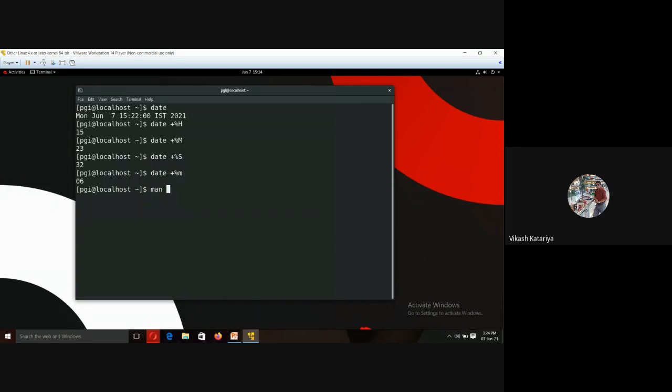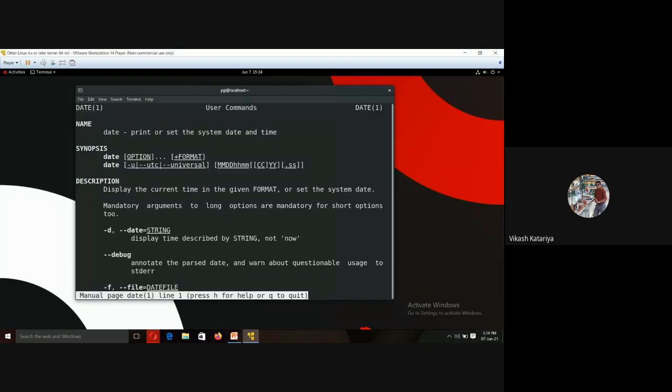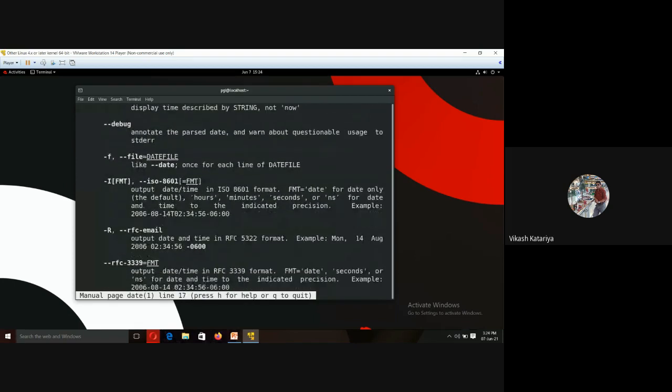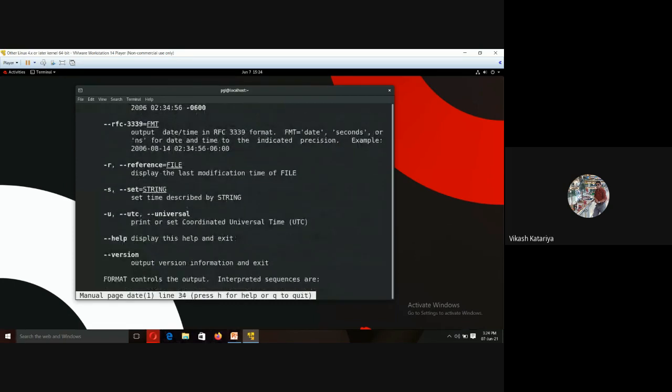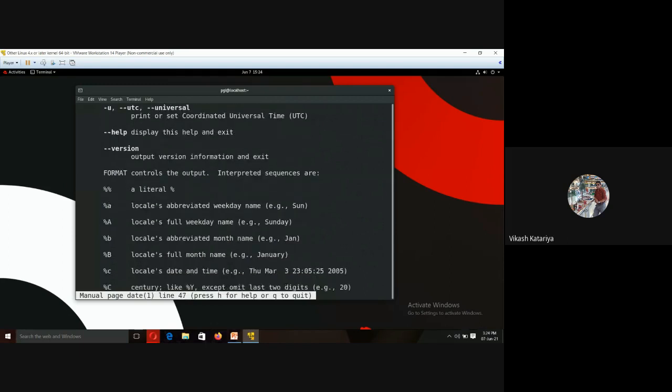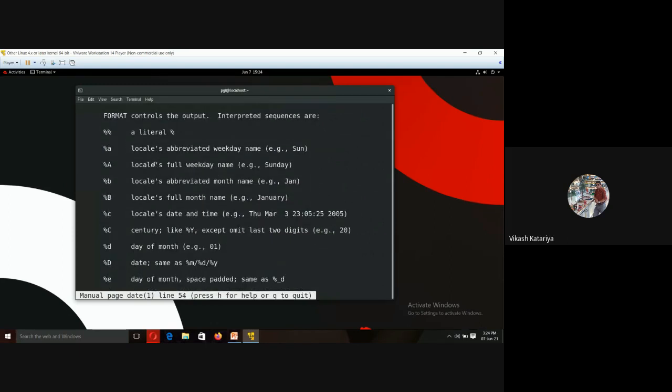And if you want to see how many parameters there are, you have to use the manual command of the related command. So man date. If you enter, it will show the parameters associated with the date command. -r, -s, -u. These are some parameters. Locale's abbreviated weekday name, like suppose we want to print the first three characters of the current day, SUN, that is Sunday.